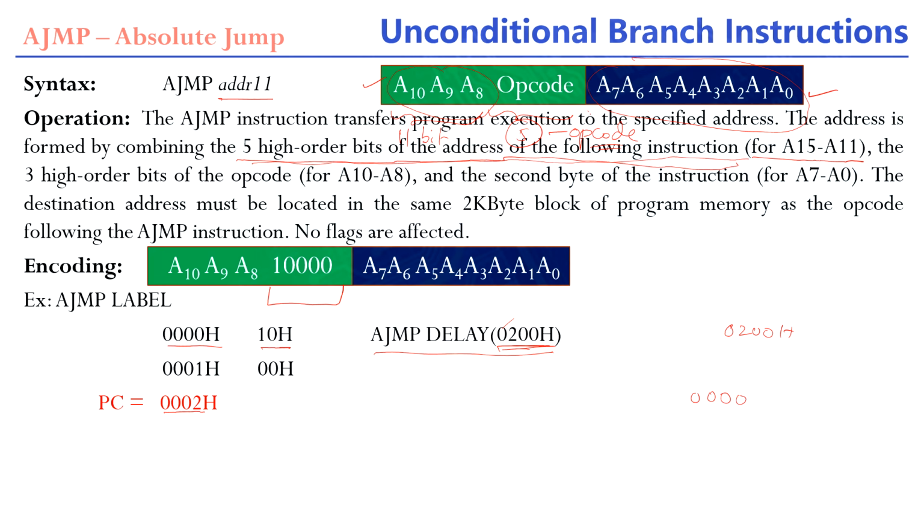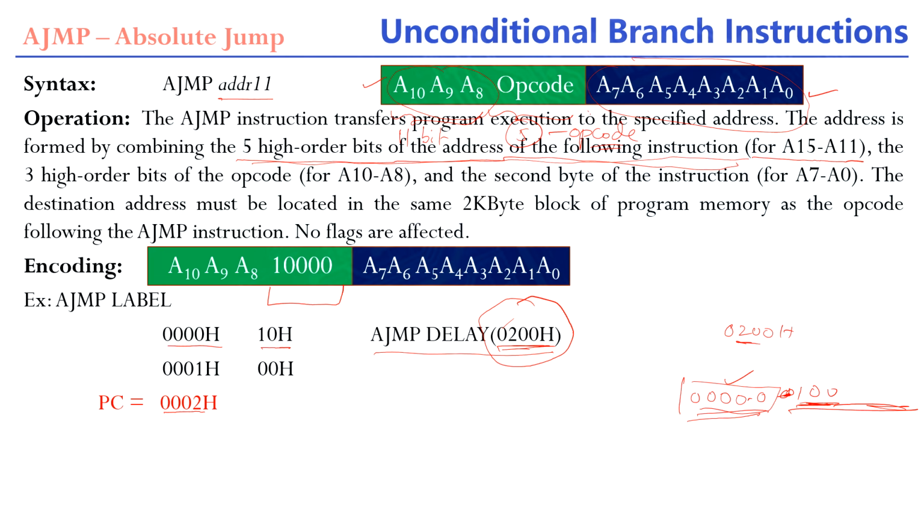In this, the 5 bits, 0000 and another 0, are picked from the higher order bits of the next instruction only. And 0100, this is 2. So from here onwards, 1000 onwards, we are picking from the destination specified within the instruction. Whenever this instruction is executed, it takes these 5 bits from the next instruction, and the remaining 11 bits